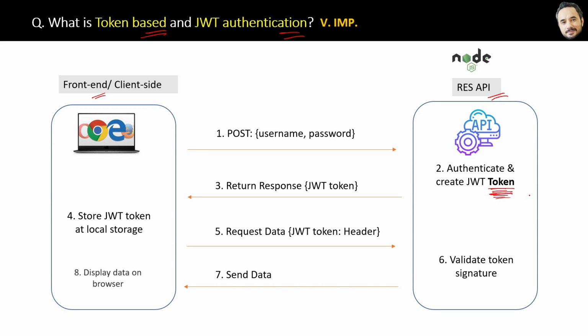Great. Finally, the client will display the data in the browser, and that is the whole process which I made simpler for you. And that's the reason why for any website we have to enter username and password only once, because after the first time you will receive the token, and then only the token will be sent for validation, not the username and password again and again. Okay, so this is the working of JWT token authentication. And yes, there are other authentication techniques also, but this is the most popular one, and that is the answer to this question, the steps and the explanation.